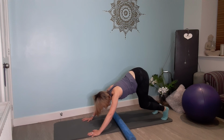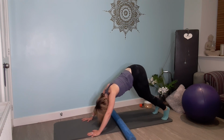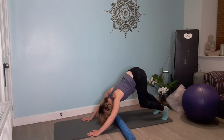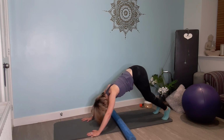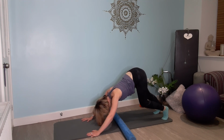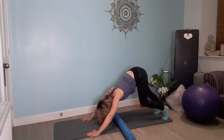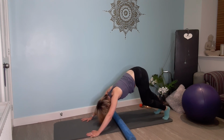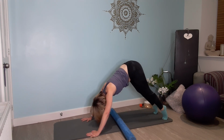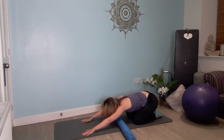We're going to bend one knee a little more and send one heel back and then swap over. We're keeping the shoulders all the way back and down, softening through the jaw, sliding the shoulders down your back. That's it, good. Easing on through. Lovely. And then lifting up, softening those knees. Coming all the way back on down